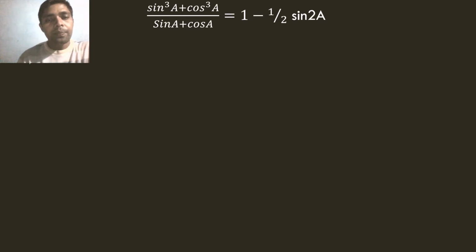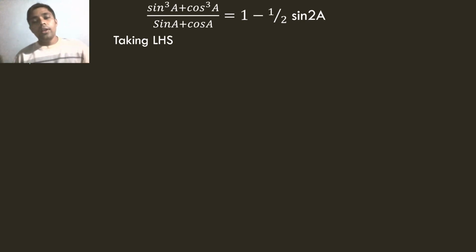So here we can see the LHS will be convenient to solve, because we have the formula for a cube plus b cube, and we can cancel out easily and get the RHS. We can solve from the RHS also, but according to our algorithm we are not getting a format like 1 plus sin theta or cos theta. So it will be easy to solve the LHS. In the algorithm it was also mentioned you can take any convenient side, whichever side you feel is easy.